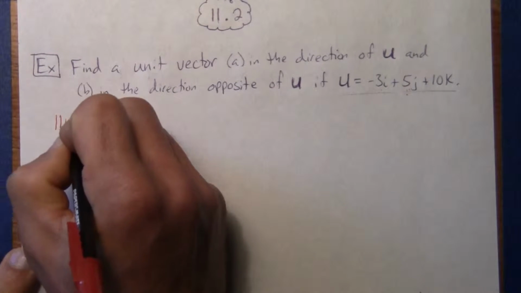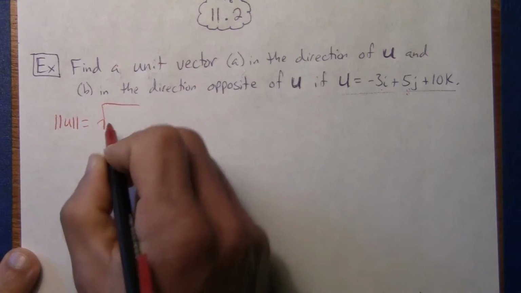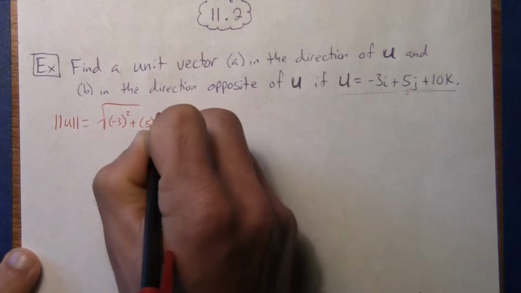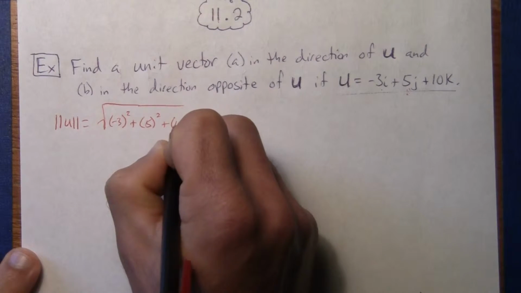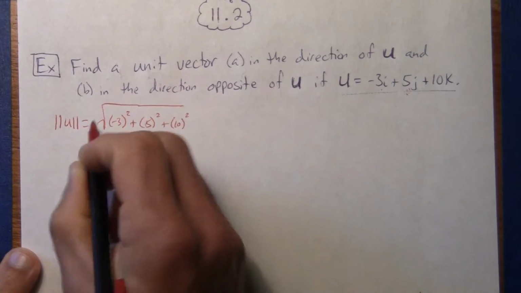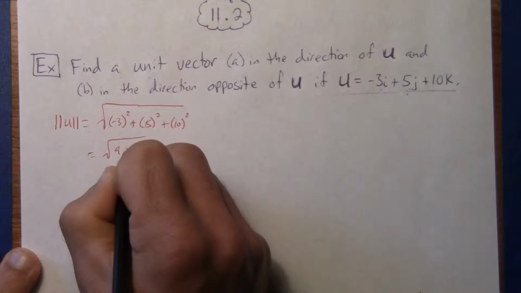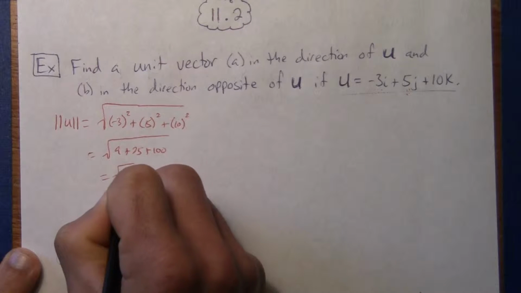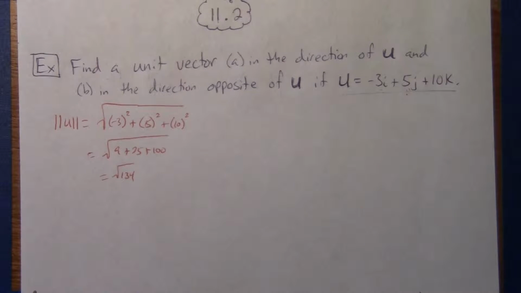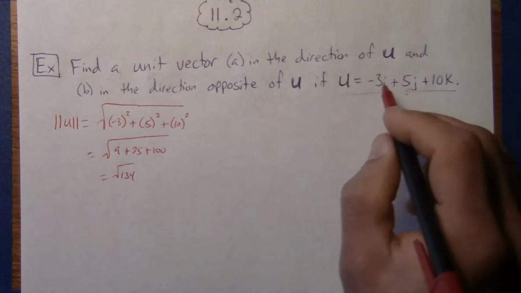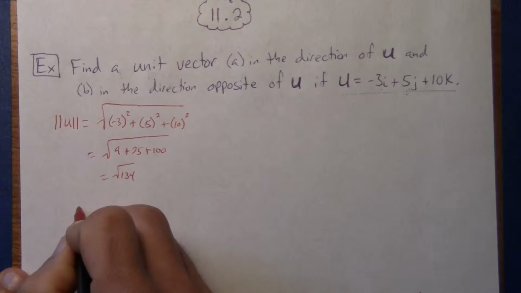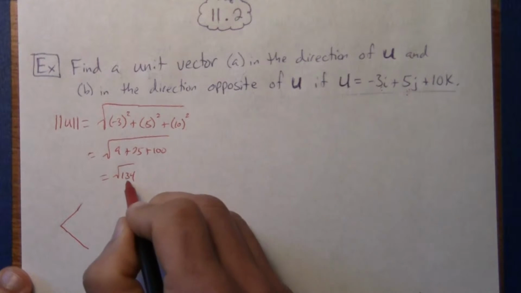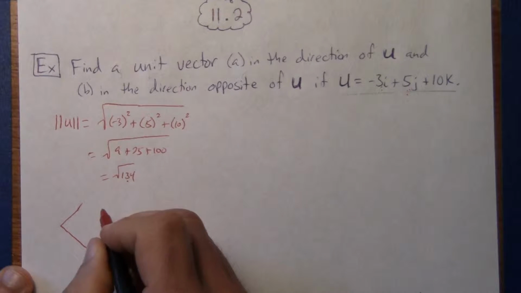So if I find the magnitude of u, that is going to equal the square root of negative 3 squared plus 5 squared plus 10 squared, which I know is going to give me 9 plus 25 plus 100, or that's going to give you the square root of 134. So, to be going in the same direction, I just want to keep the signs the same, and the unit vector would be negative 3 over the square root of 134,